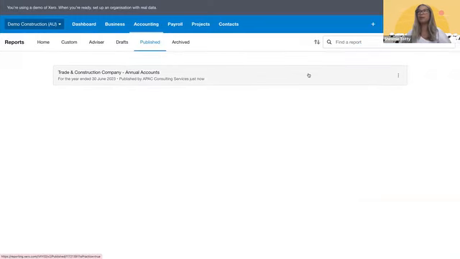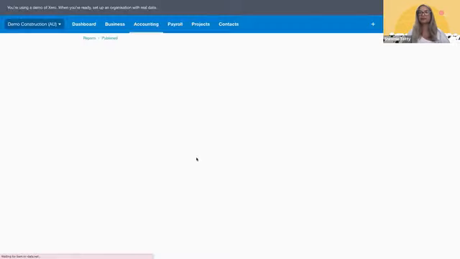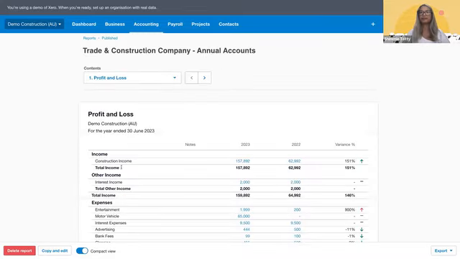So here is our published report. So let's click back into it. And on the bottom left, we have this wonderful copy and edit button here. So this is going to create a new draft report based off this published report with all of those customizations that we made in the first period included for us. So if I go ahead and click copy and edit,